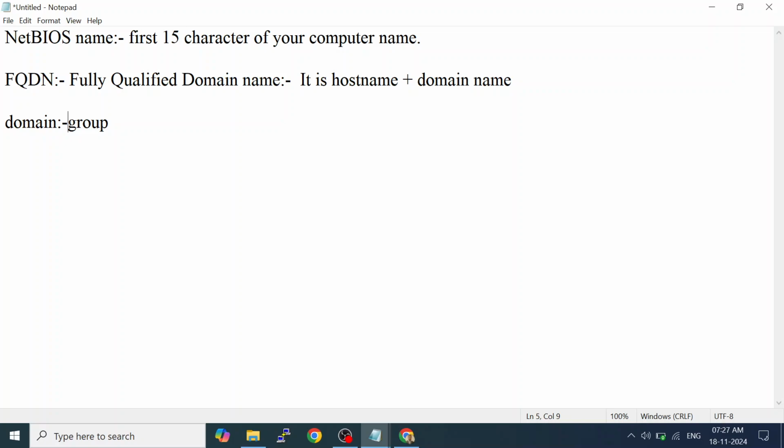Next is FQDN, fully qualified domain name. DNS resolves FQDN. It resolves hostname also, but most of the time DNS resolves FQDN.